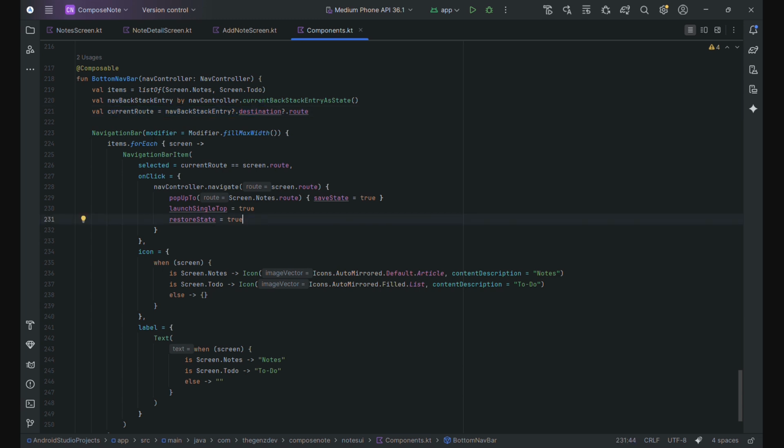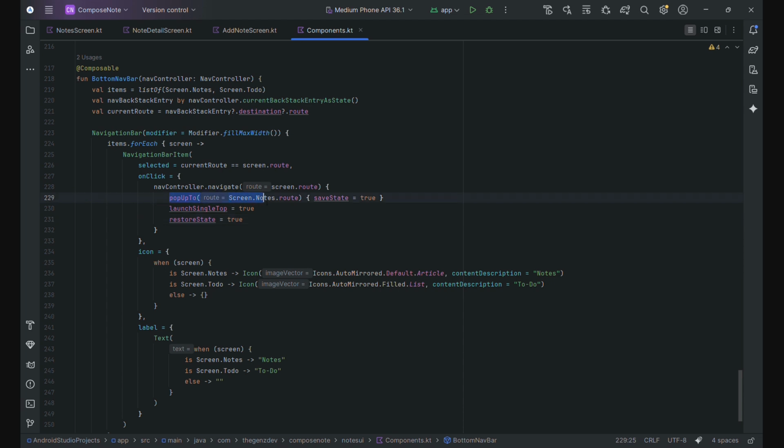And then we're gonna define the navigation bar with maximum width, and for each screen we're gonna define the item and highlight the selected, and on click we're gonna navigate using the nav controller that was passed,